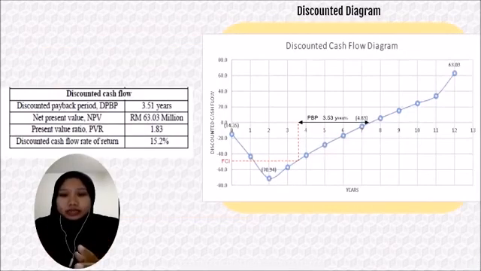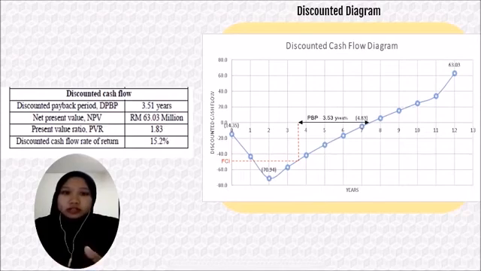For the discounted cash flow diagram, we can see that the payback period is 3.5 years. The difference from non-discounted is only 0.02 years, and it is less than 5 years. And the net present value is 93.03 million ringgit Malaysia, with the discounted cash flow rate of return at